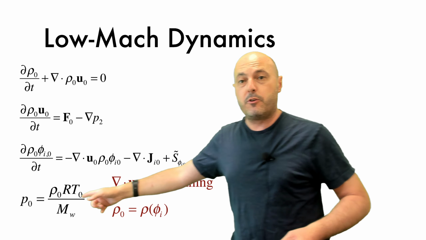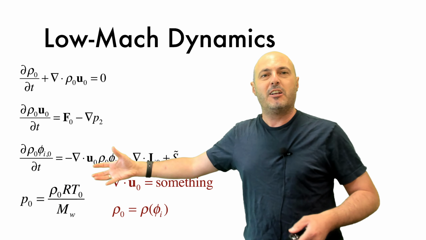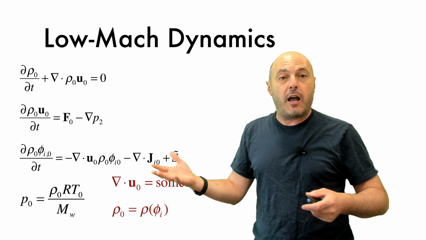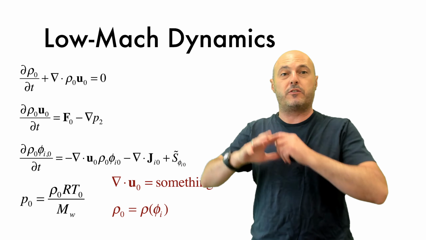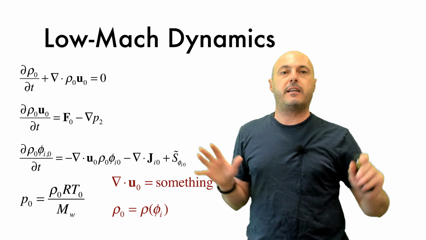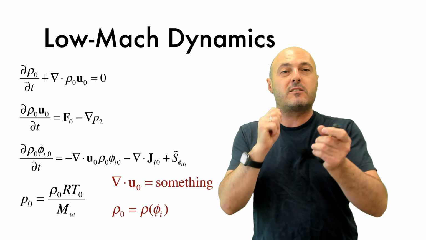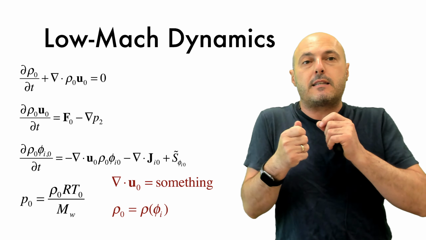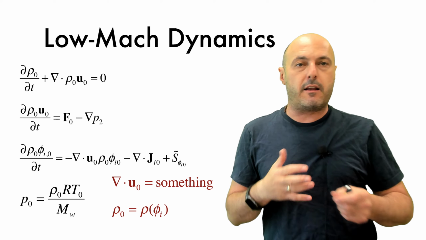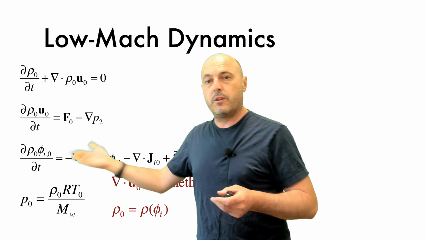However, now, you no longer have an equation of state, because P0 absorbs that initial background field and is only a function of time. It's no longer a function of space, so there's no more equation of state anymore. So you've eliminated the dependence of the density on the pressure, and instead now your density is only going to be a function of the other thermophysical state, temperature and species transport, okay, through this equation.